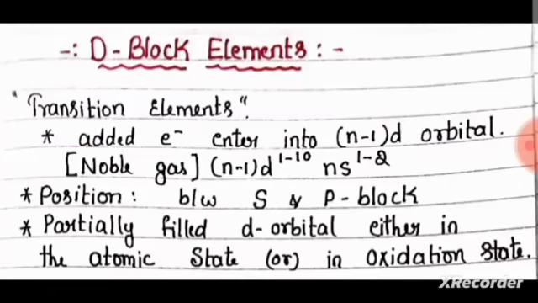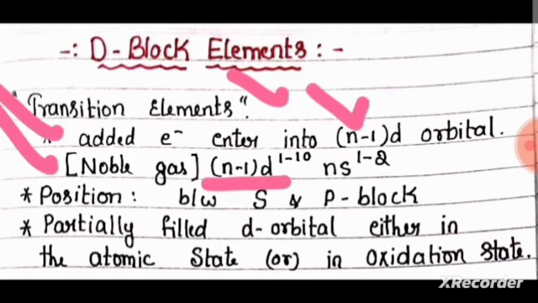Students, in this video, very quickly we are going to revise D and F block elements. Let us start with the D block elements. We know D block elements are commonly called transition elements, and here the added electron, the last electron, enters the n-1 d orbital, and the general electronic configuration is noble gas (n-1)d1 to 10 ns1